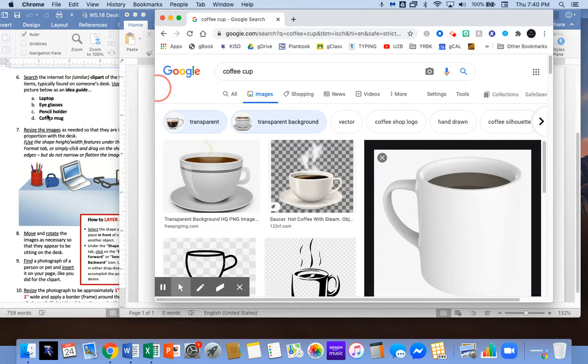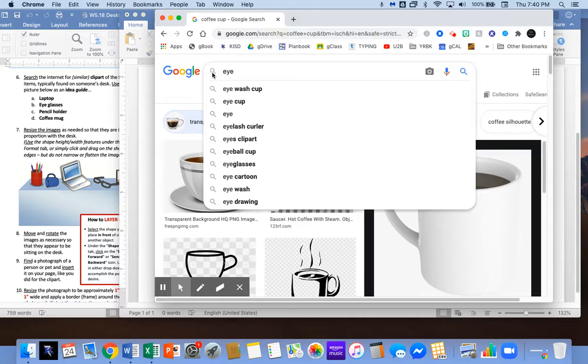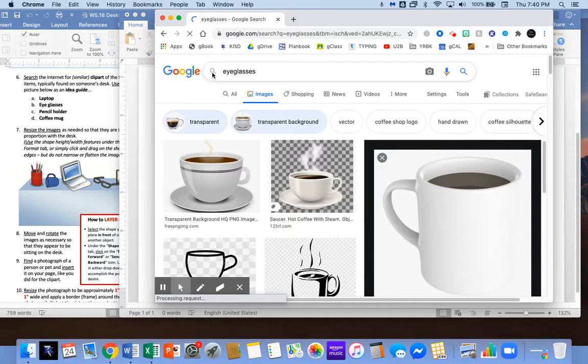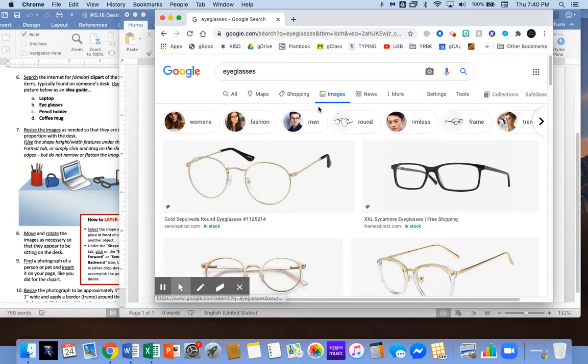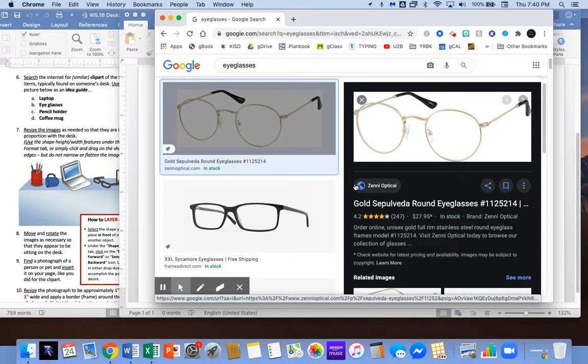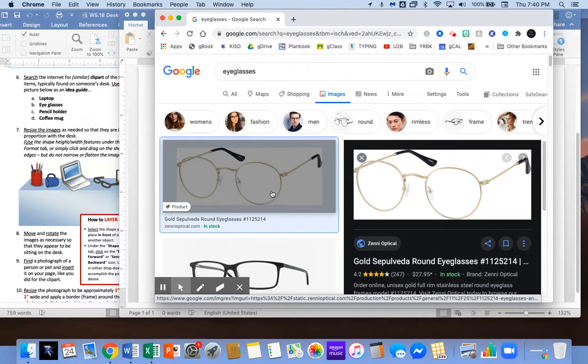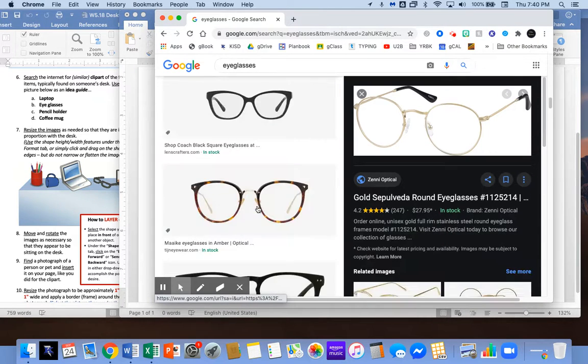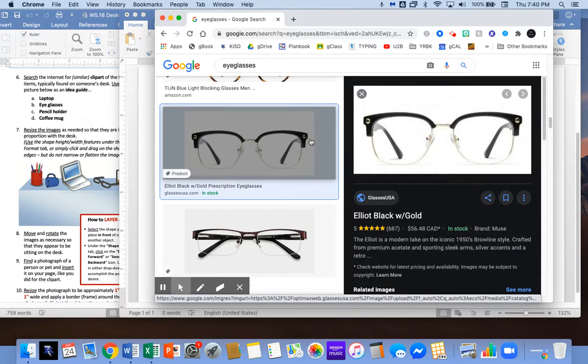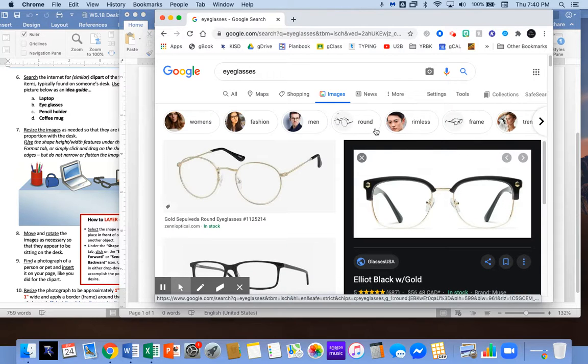I will tell you one of the most annoying things to try and find in a PNG file is eyeglasses. And here's why. When I pull these up, and it doesn't matter if I've told it to be transparent or not, when I look at these, even if I can find a PNG file, let me show you how to narrow your odds on that while we're at it. When you go through all these and you cannot find anything that is actually a PNG file, where it's white here and it's got the checkerboard behind it, you can kind of force the issue by up here in your searching, you go into settings, you say advanced search,